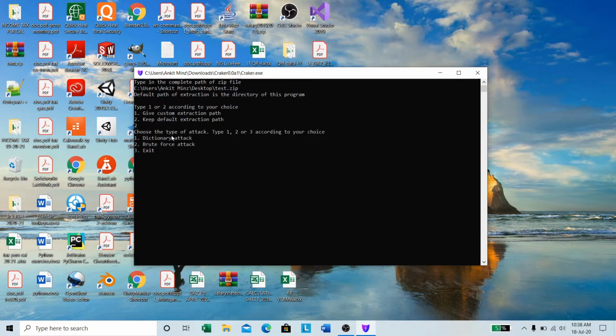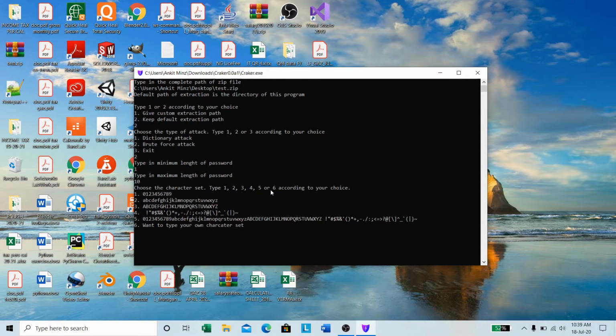Now it will ask which type of attack you want to perform, dictionary attack or brute force attack. Let's go for brute force. Now type in the minimum length of password. As I know my password is 123, means a 3-digit password. But let's suppose that I don't know my password. Let's give 1 to 10, anything between that.